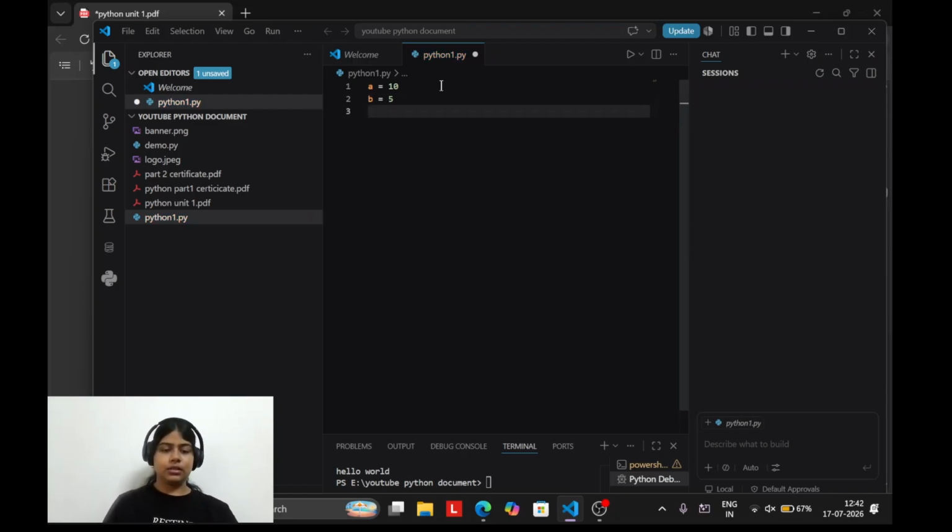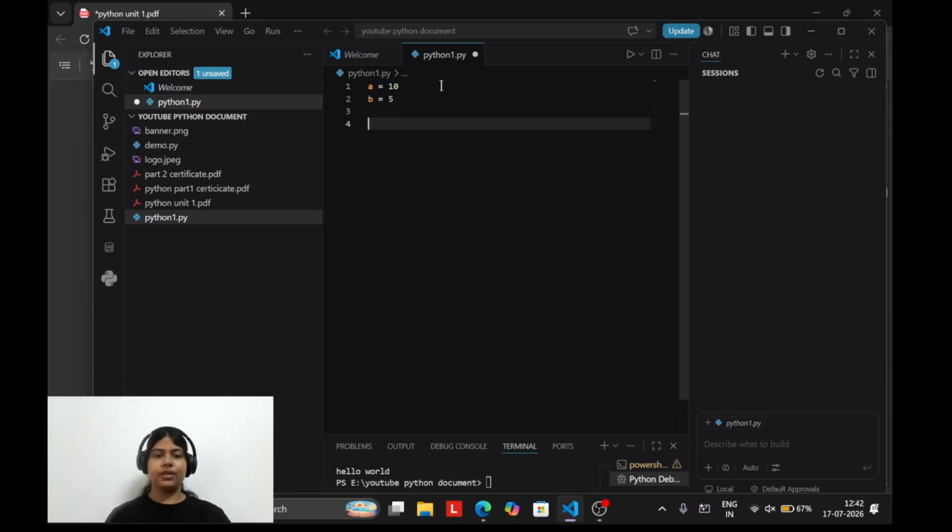A is equal to 10, B is equal to 5. Now let us take an augmented statement. No, let's say first take a simple statement. If I want to add a comment, if I want to add 5 to A, what will be